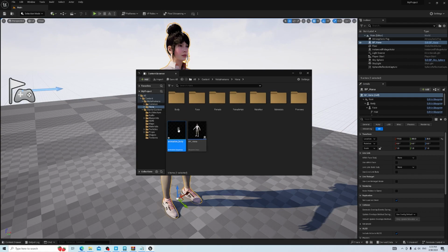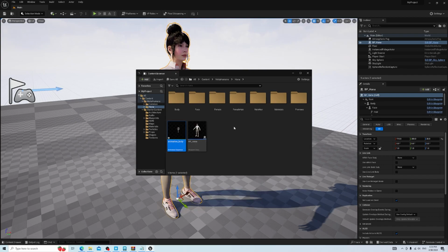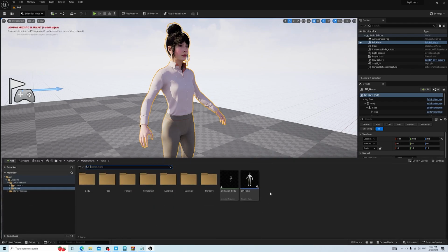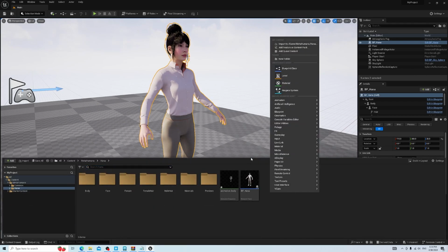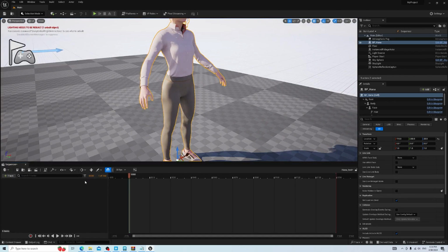And as you can see, it's actually there. You can see the body. Sometimes you're not able to see the whole thing, which is totally okay, as soon as it looks fine in your viewport. Right now, we're just gonna create the level sequence, which is gonna happen through here. Level sequence, we're gonna call it henna test. Double click, drag and drop our